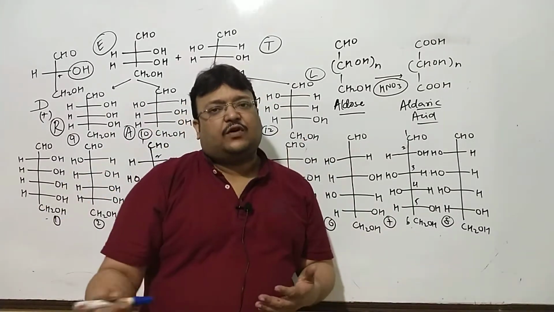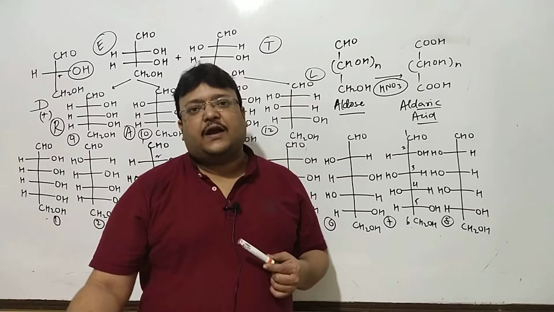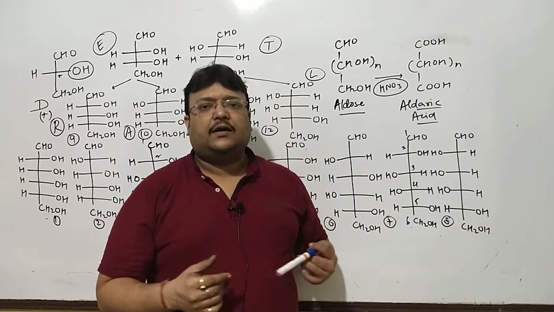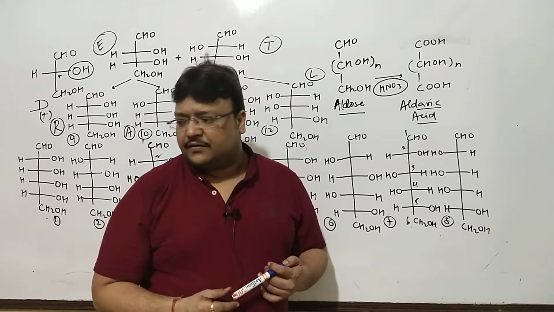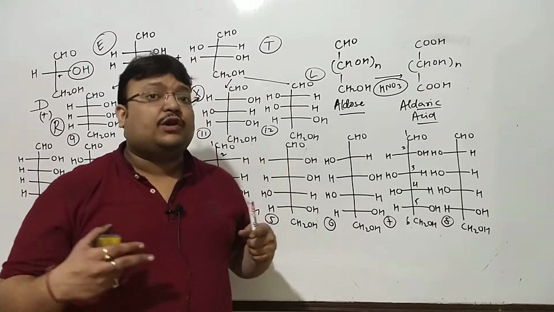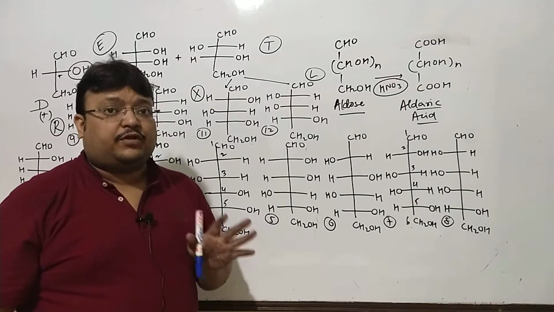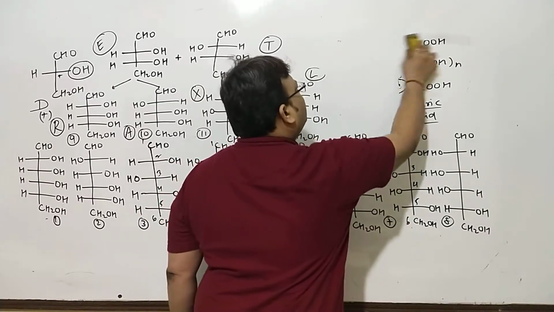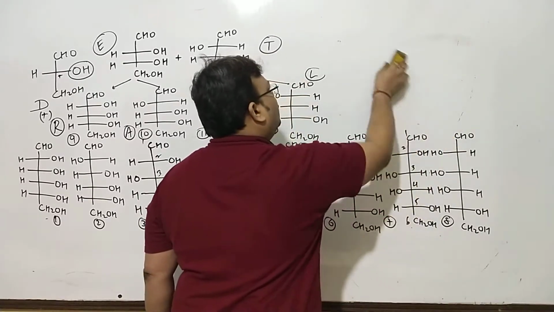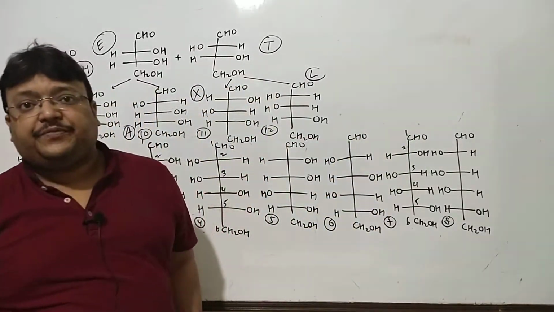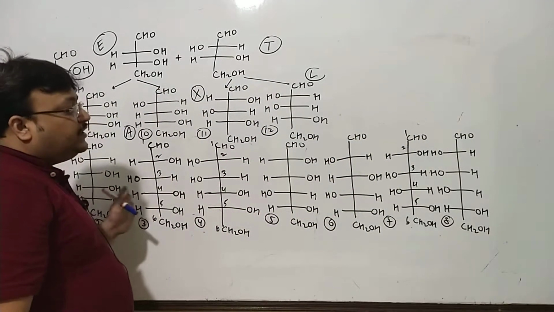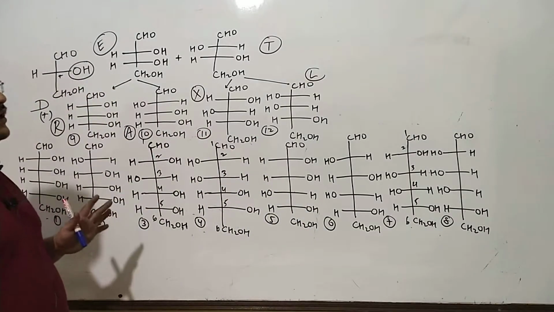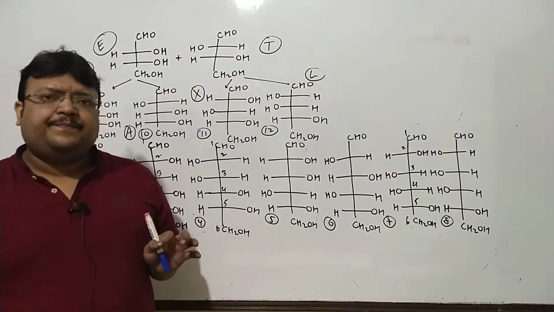Obviously those names were not known, and every carbohydrate he was working upon, he was maybe converting it to its aldaric acid, and by a few series of experiments he was constantly zeroing in on the final structure possible for glucose. So I'll again want to rub this, and in the rest of the video, I am going to call these structures by their numbers: 1, 2, 3, 4, 5, 6, 7, 8, 9, 10, 11, 12. Now the story begins like this.